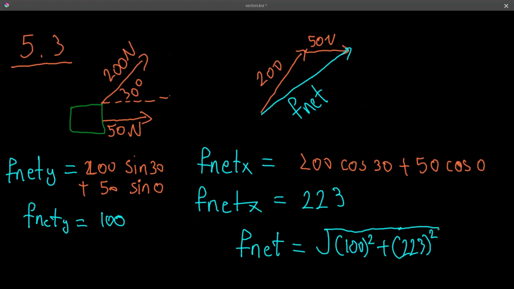And this gives you about 244. So that's the magnitude of F net,